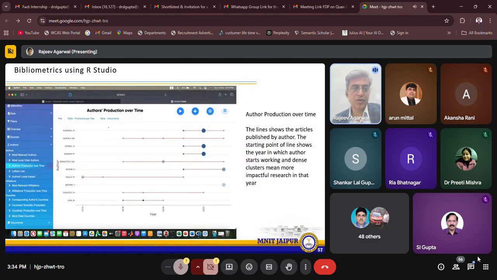Here, a particular author like Agarwal or me. I am active in this particular time and now onwards. This particular author from this to this time. So again, this is very useful when you are writing a project proposal with some author, so you can see how he is actually working in this area. So I can go ahead with this.